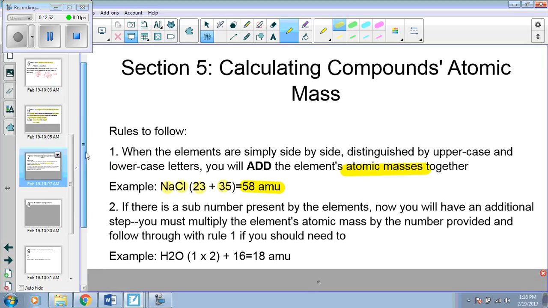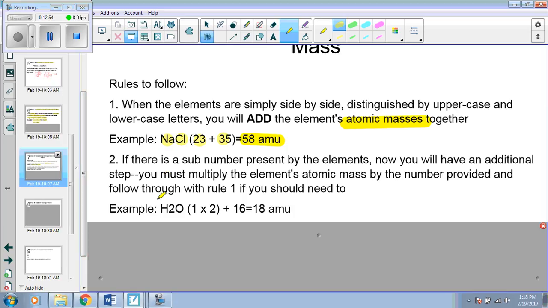So for example, water. I have H2O. And sometimes you're going to see this 2 a lot smaller. I know on a couple of the worksheets I made, you see them a lot smaller. For whatever reason, it did not maintain when I made this lesson via Smartboard. So whether it's a smaller number, subnumber, or a number following the element, what you guys are going to do